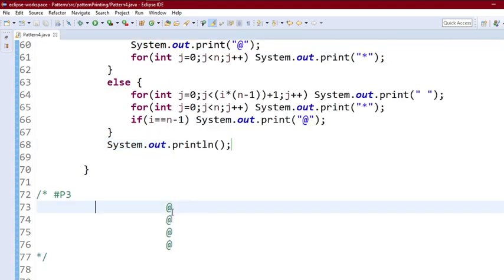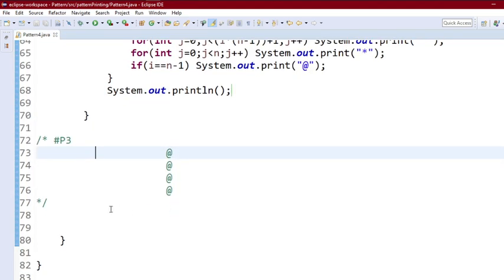at the beginning, then we have to print the @ sign at the last of the row. Before that, we have to check for how many rows we have to print this pattern. As we can see, there are 4 rows for a value of n equal to 4, so we can say that we are going to print a total of n rows. So we can start our iteration from i equal to 0 up to n minus 1, and if we start our iteration from i equal to 1, then we have to go up to n. Okay, so start our iteration from i equal to 0.